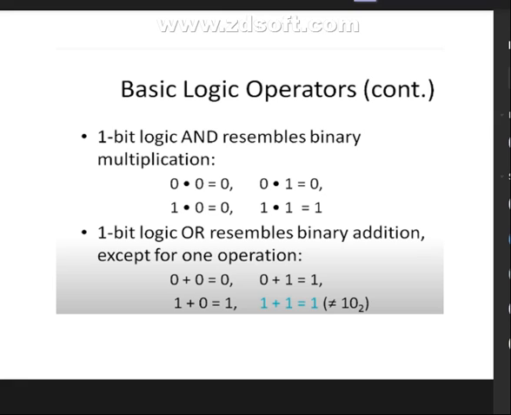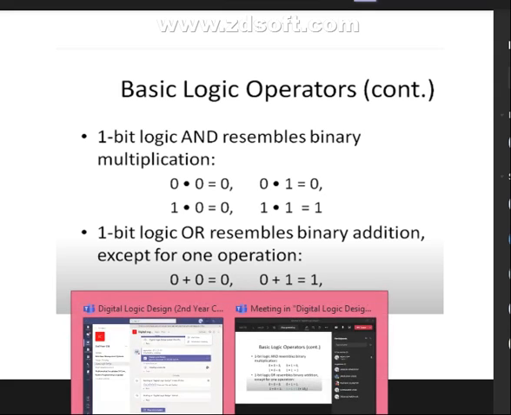If it is 0 into 0, we have to do 0. If it is 1 into 0, we have to do 0. If it is 0 into 1, that is 0. If it is 1 into 1, then only it becomes 1. In all the remaining cases, it will become 0. Understand? Whenever you are going to perform the AND operation, you have to perform the multiplication there.